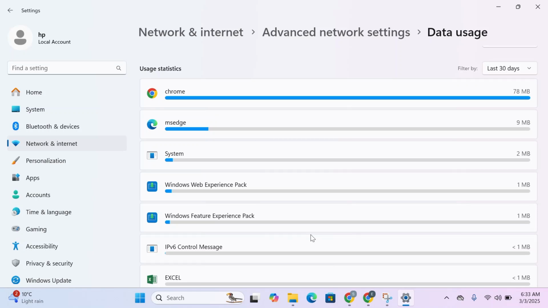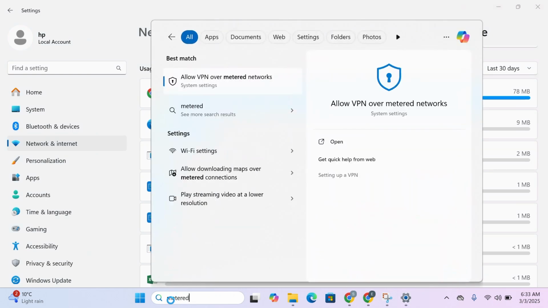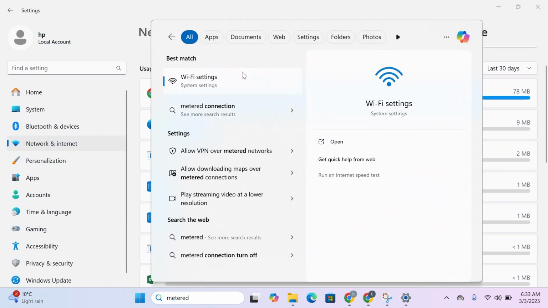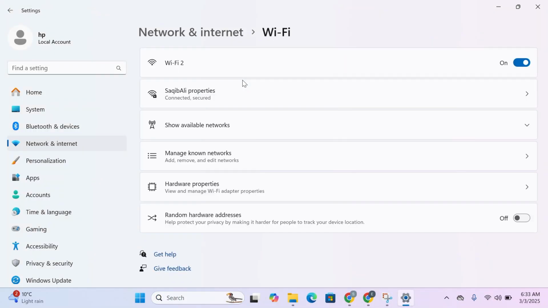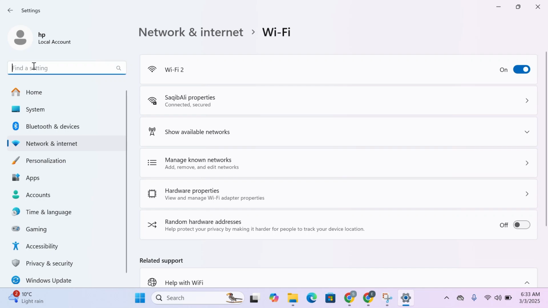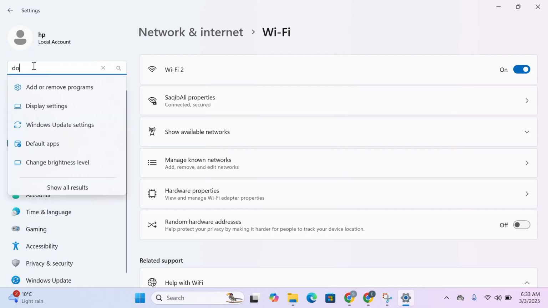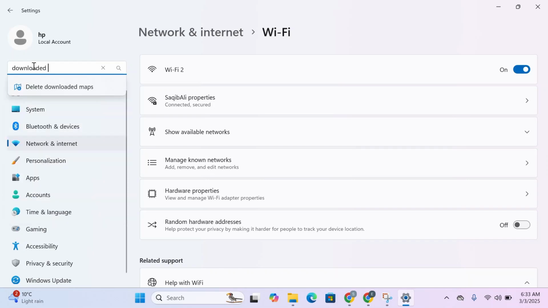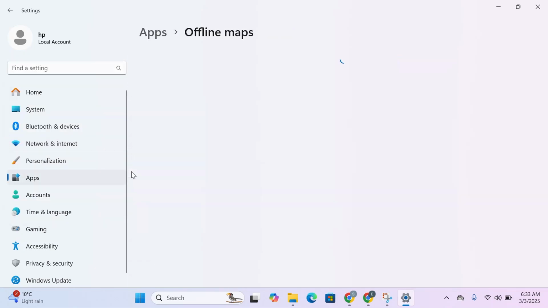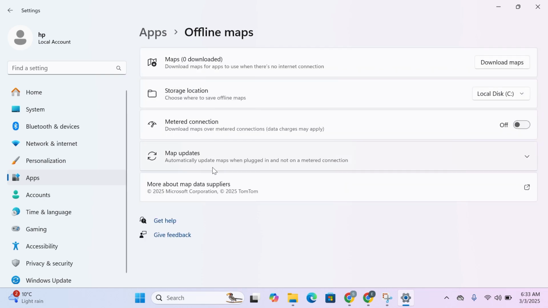The next option is disabling metered connection. So you can click on the start menu again and just type in metered connections. Now over here you can simply click on Wi-Fi settings, and over here you can allow downloaded maps. So over here at the left side, you're going to click here and type in downloaded maps. And now here is the downloaded maps. So you can simply turn it off, or you can also delete the offline maps in order to get rid of it. Here you'll be able to see an option that says metered connection, so you can simply toggle it